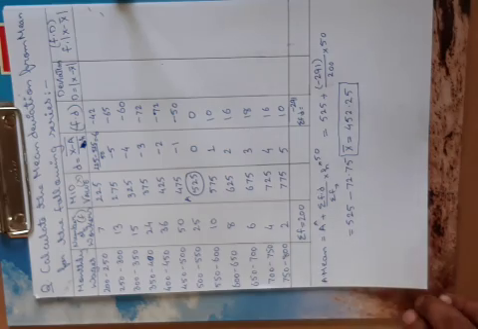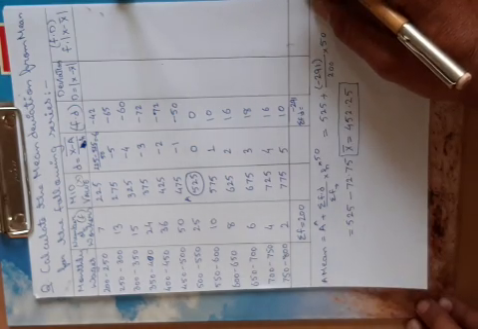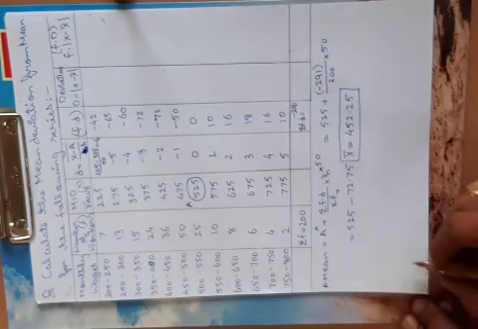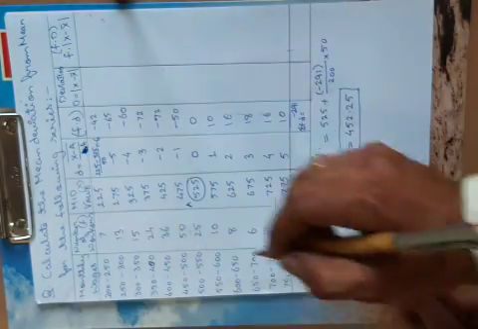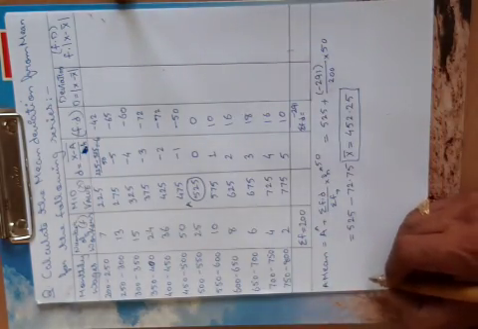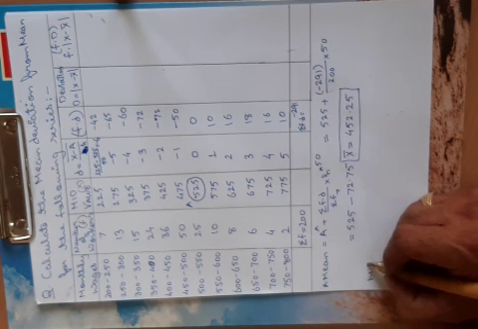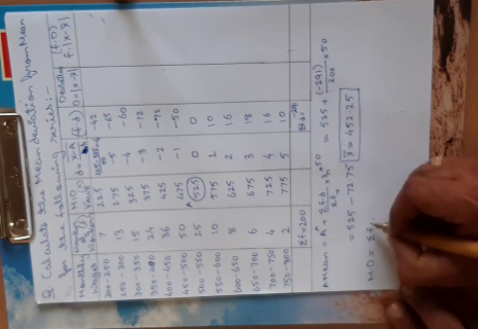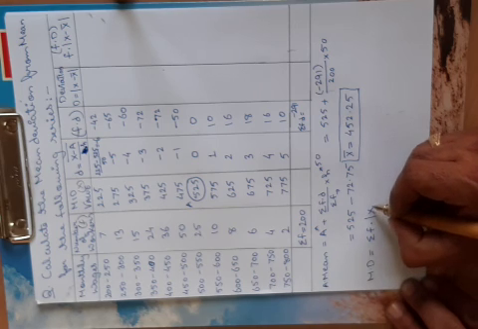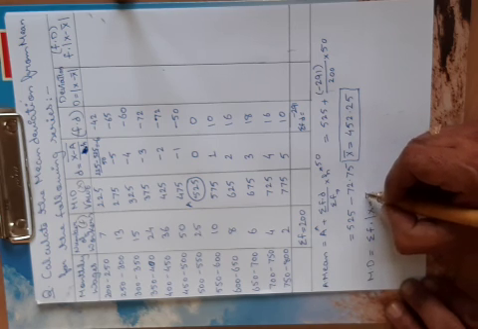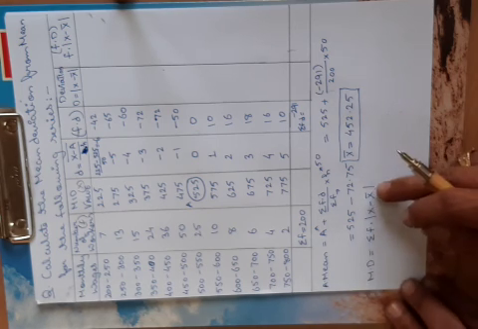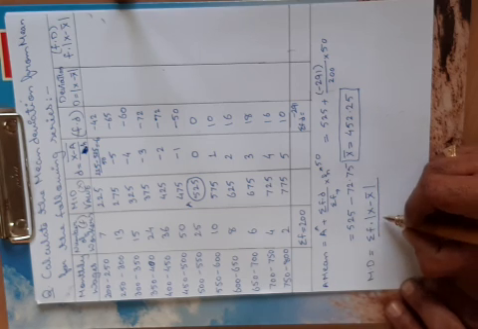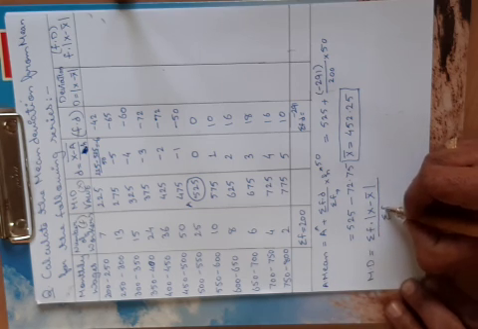Now the next part which we have to calculate is the deviation, that is d. So now as we have to calculate the mean deviation, the formula for mean deviation, MD, is equal to summation of f multiplied by modulus of x minus x bar. So friends, again I'll repeat, this is modulus, divided by summation of f.